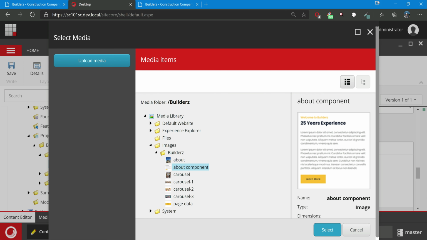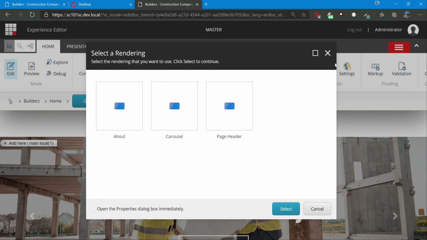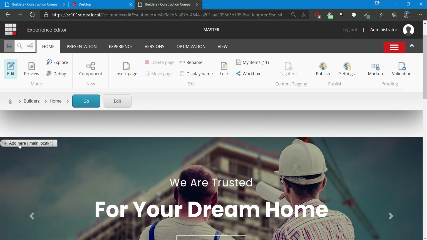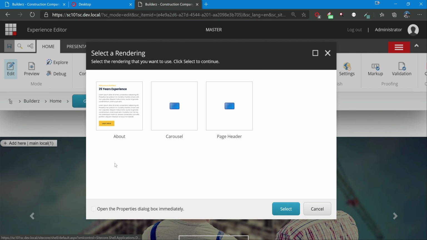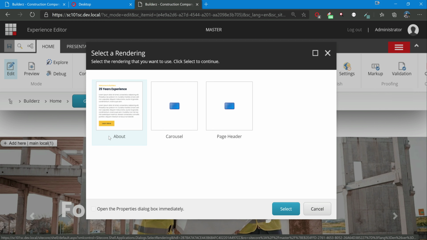So this one, select. Now save this. I'll show you the difference. Previously it was showing like this, right? Now let's close this and open it again. Notice, about, now it is visually giving us how this component will look on the live site when you add this component.